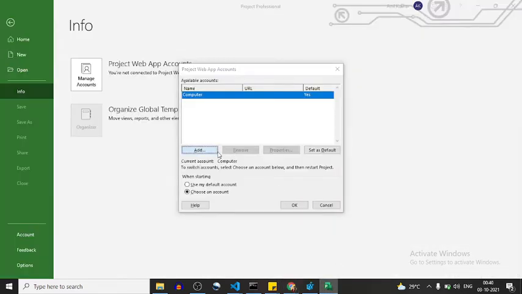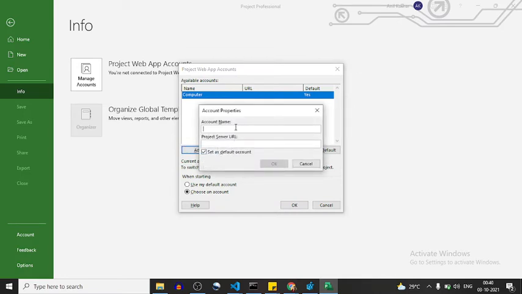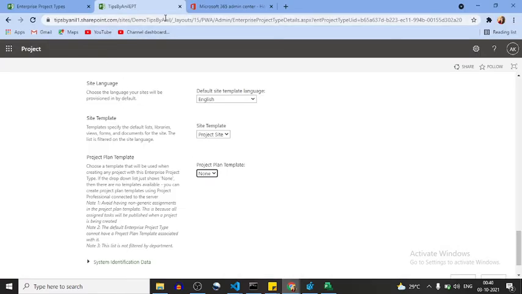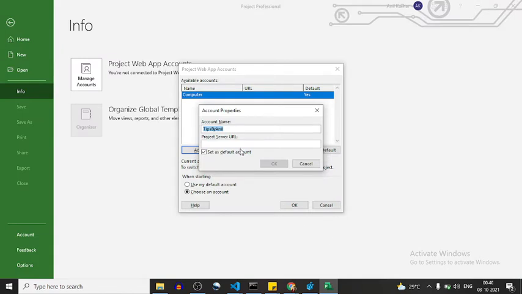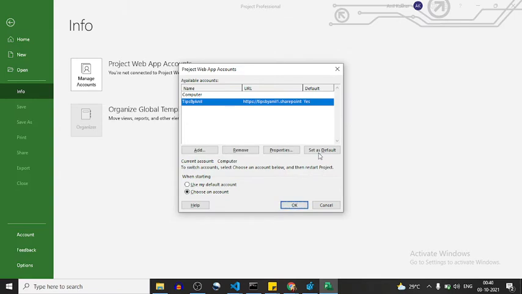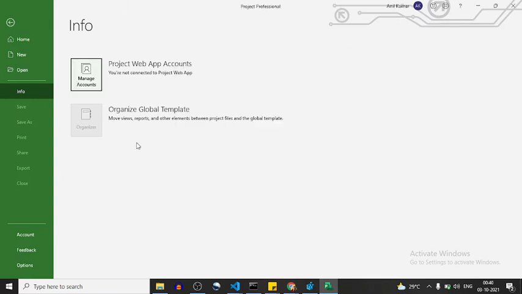All right, so here I will add the URL. Account name is tips by Anil. Okay, tips by Anil. And what will be the URL? I want to connect my Project Professional with this URL. Okay, set as a default account. Click on OK. Now set as default. Click on OK. Now just close this